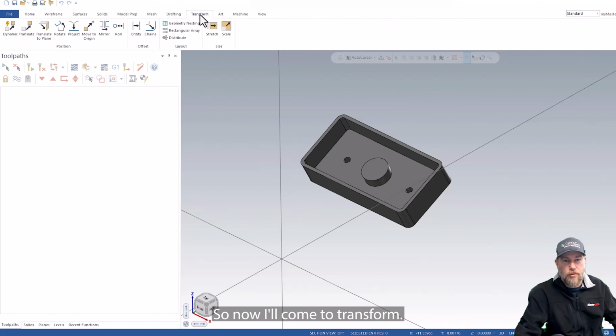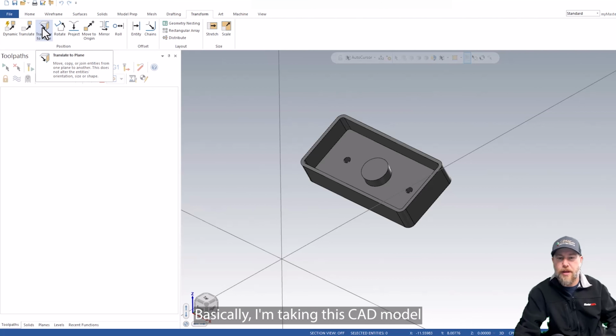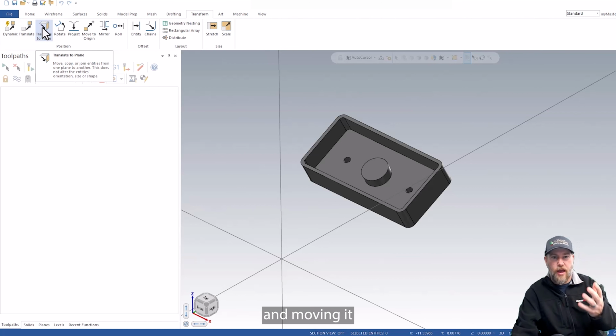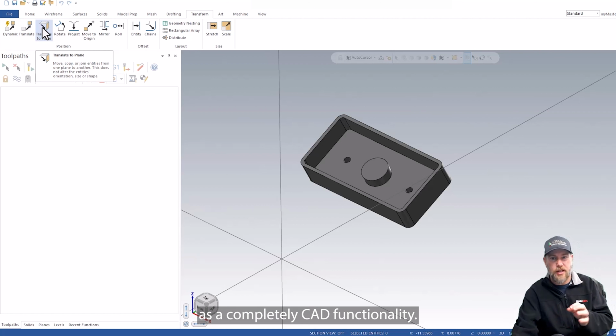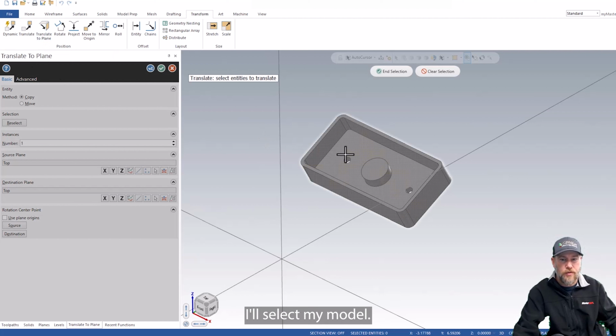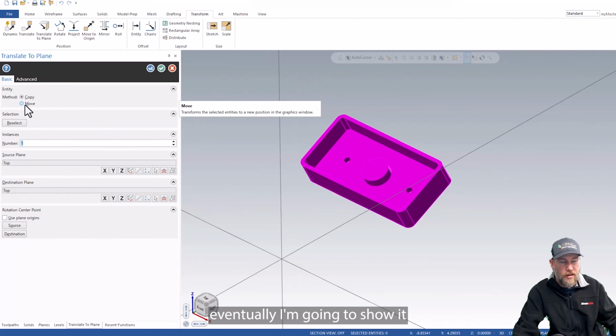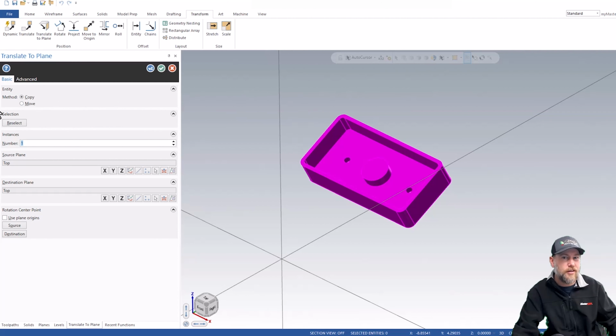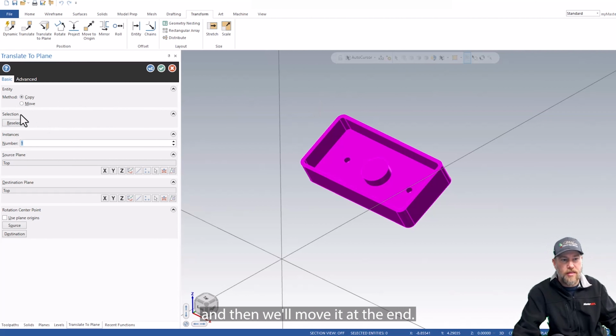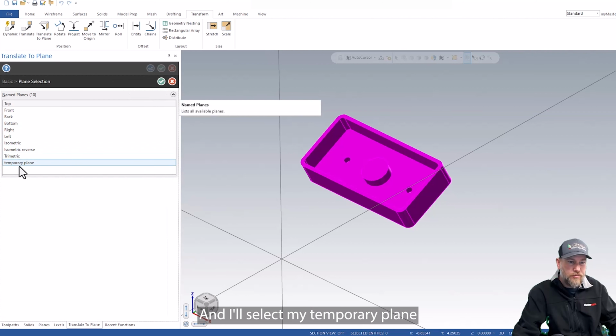So now I'll come to transform, translate to plane. Basically, I'm taking this CAD model and moving it from one plane to the next as a completely CAD functionality. So I'll go translate to plane, I'll select my model. We're going to move it eventually. I'm going to show it as a copy first so you can see what's kind of a cause and effect, and then we'll move it at the end. But I'm going to take my source, that's basically where am I starting from, and I'll select my temporary plane,